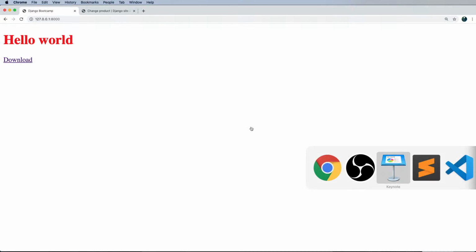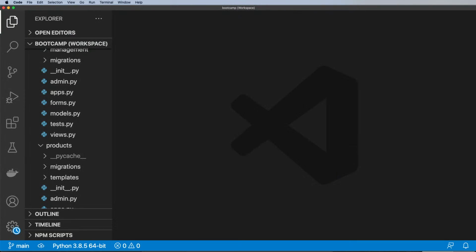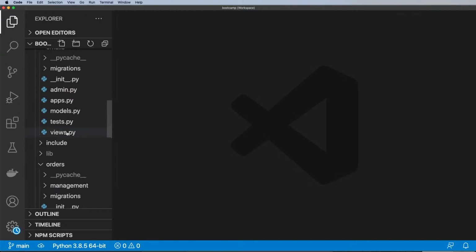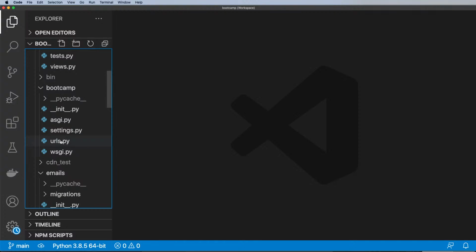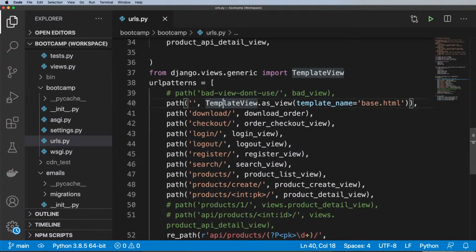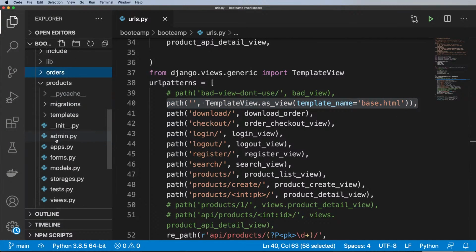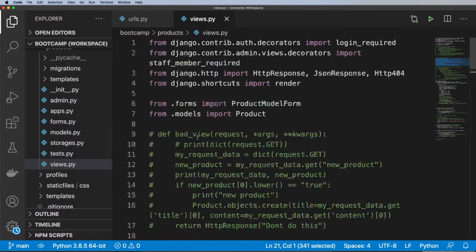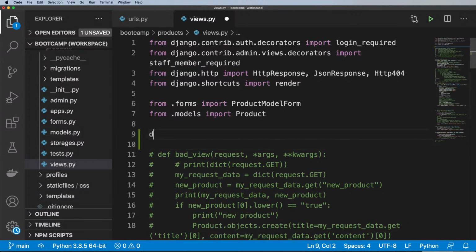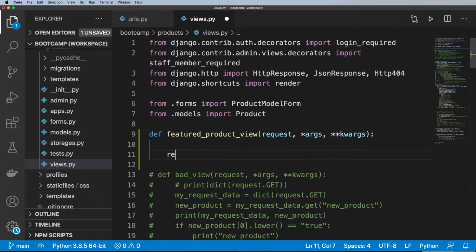All right. So first and foremost, what we need to do is change how our main homepage is currently working. So in Bootcamp URLs, right now it's just rendering out a random template. Of course, that's what I want to change. So inside of products, I'm going to go ahead and create a view here, and we're going to call this the featured product view. It's going to take in request and args and keyword args, and it's going to return